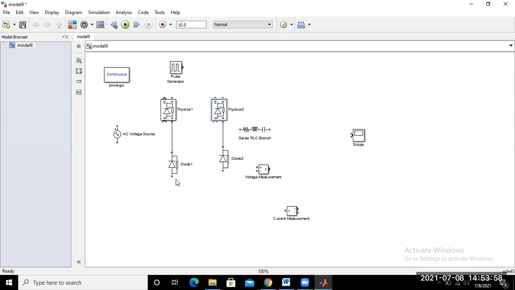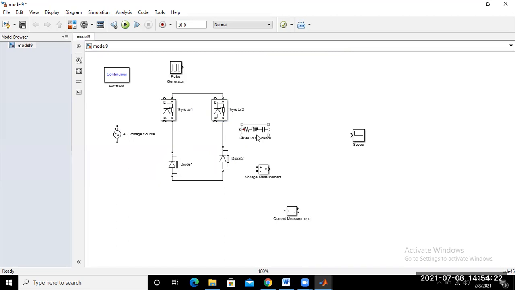Now you will connect this one. Yeah. Next, connect from this point to this point. Now, the circuit is already designed.